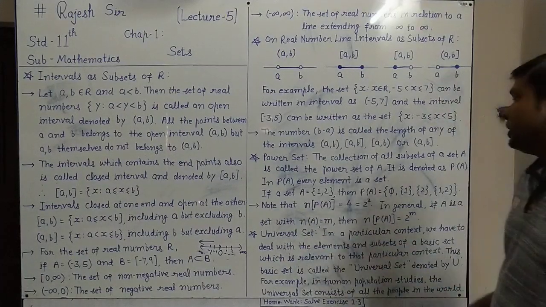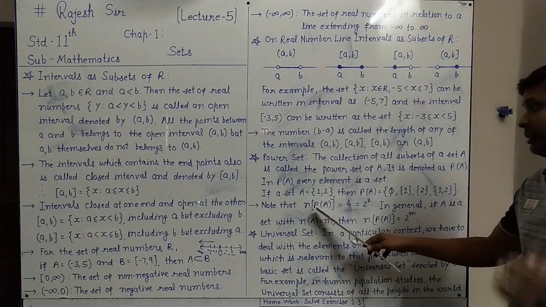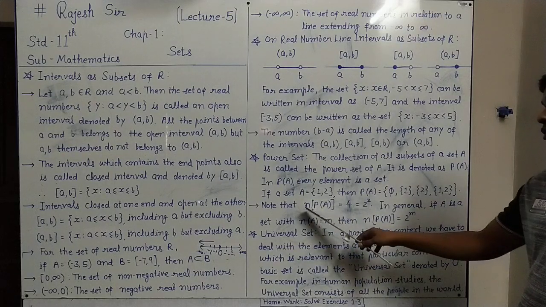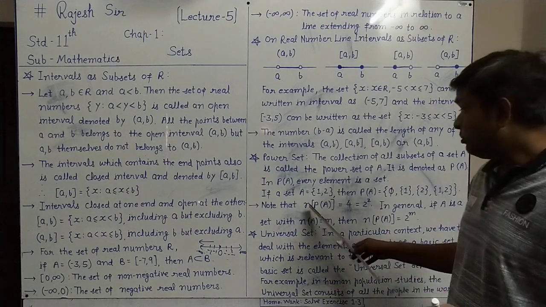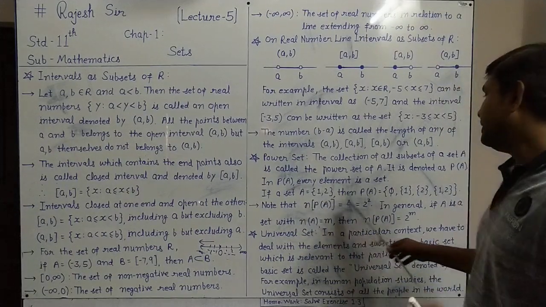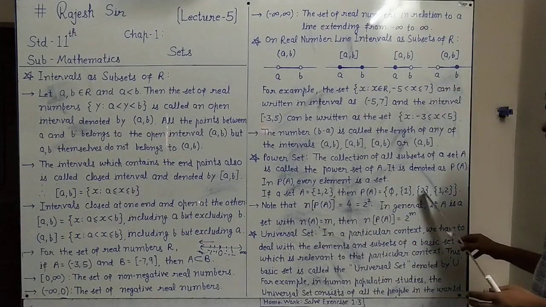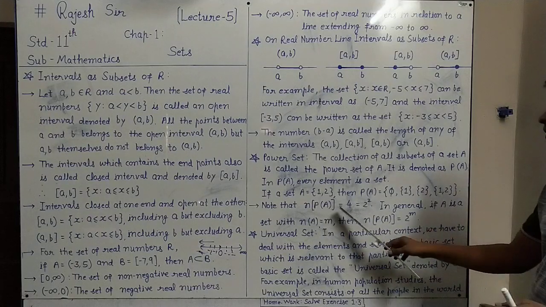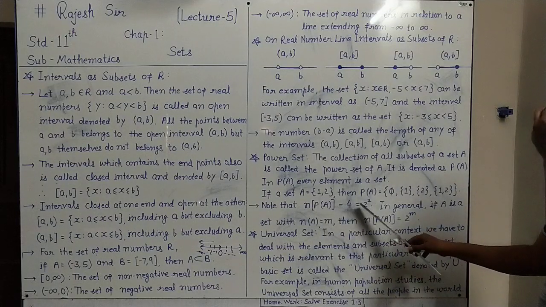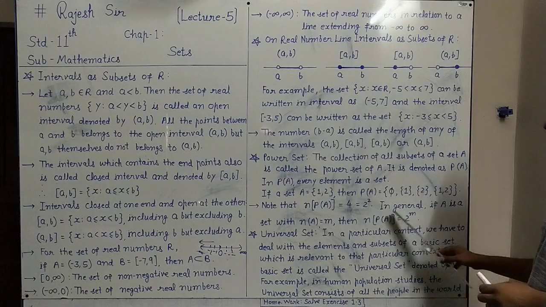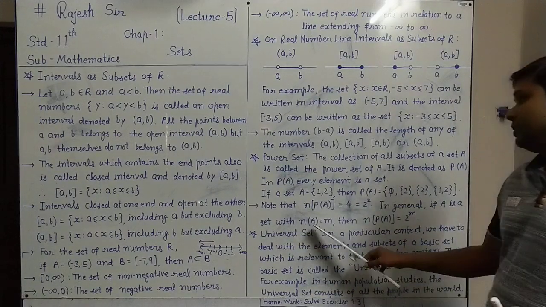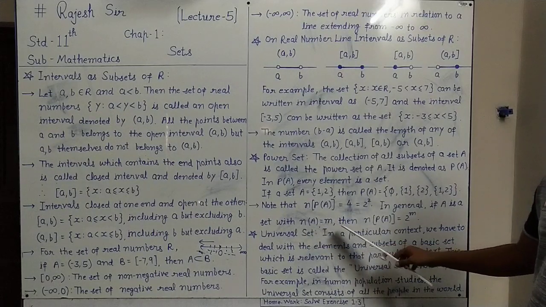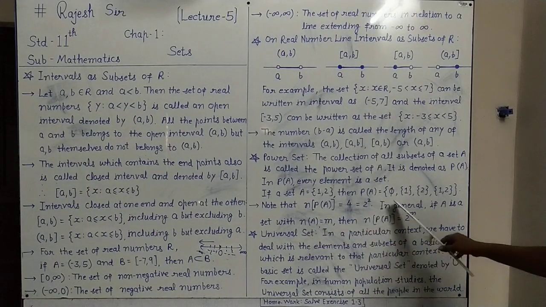Now here one more thing you note down. The number of elements in the power set of A is denoted by n(P(A)). n(P(A)) shows the number of elements in the power set of A. You can count here 1, 2, 3, 4 elements, so the number of elements in the power set of A is 4, and it is actually 2 squared. So in general, if A is a set with number of elements m, then the number of elements in the power set of A is equal to 2 raised to m.